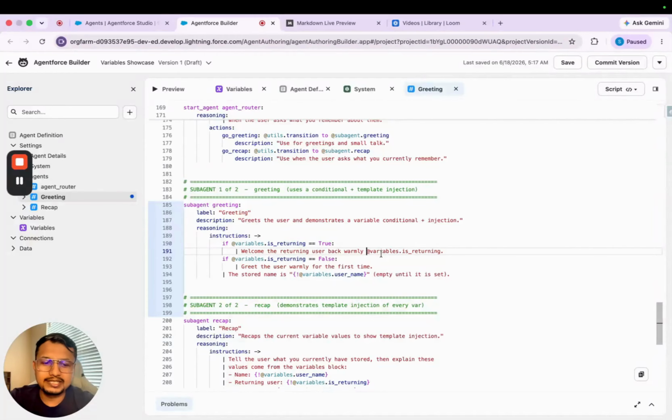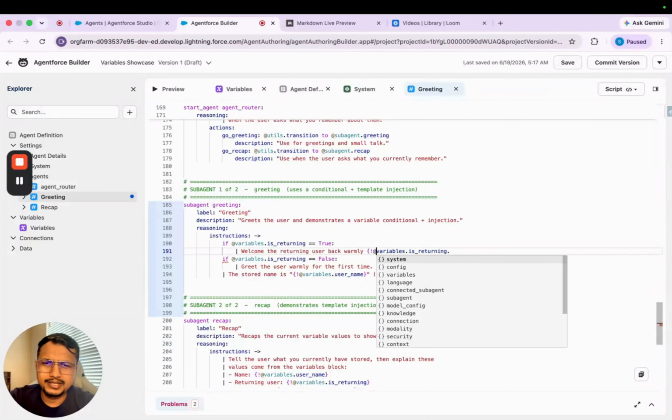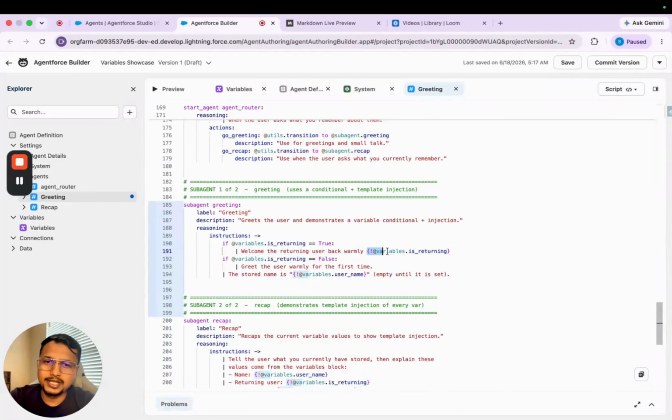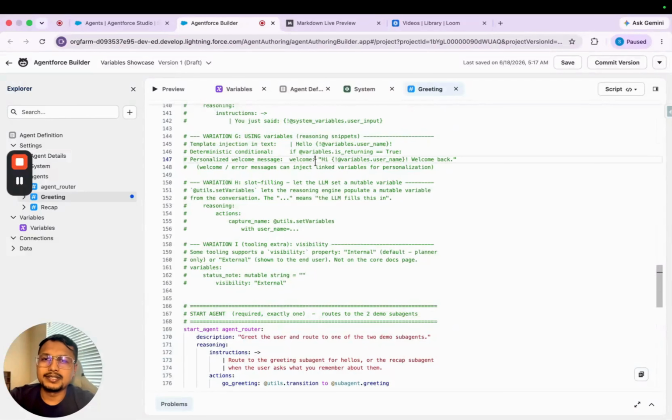So how will we write it here? We will do curly braces, exclamation mark, and then at the rate variables, and then we will close. So this is how you will use the variables in the instruction, and in the logic you will use directly if at the rate variable and then the variable name. So this way,